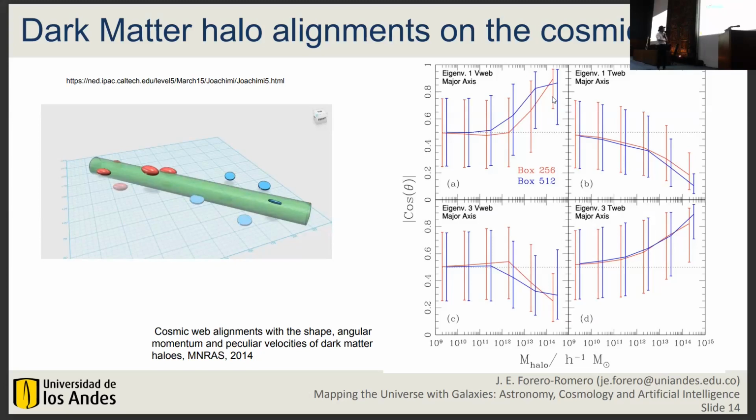So take a look at this plot here. This is the most interesting one. Here we have halo mass from 10 to the 9, 10 to the 12 Milky Way, 10 to the 14, 10 to the 15 cluster masses. And we have here the degree of alignment. If you are around here, there is weak alignment between the shape of this halo and the cosmic web. And the strength is a function of the mass. The strongest signal is coming from clusters. Clusters are the most elongated structures, and also the most aligned with the cosmic web.